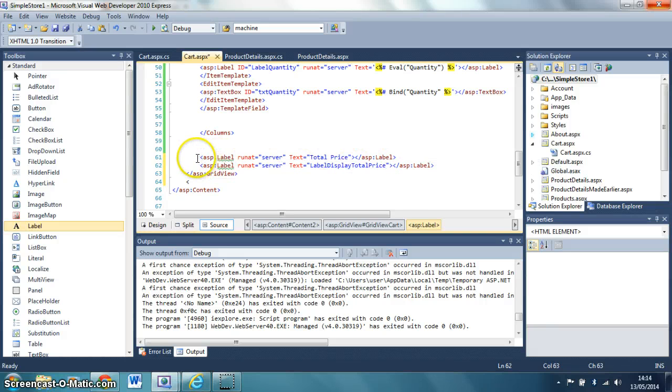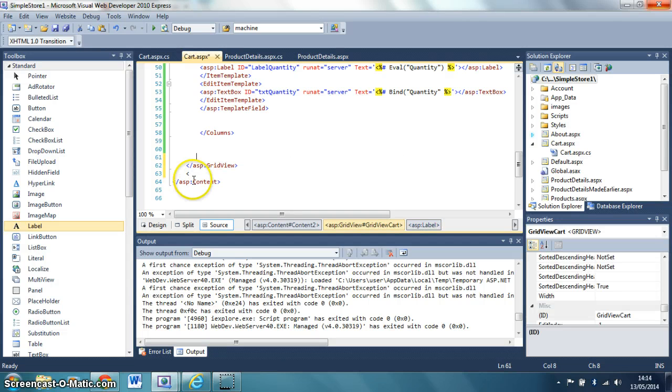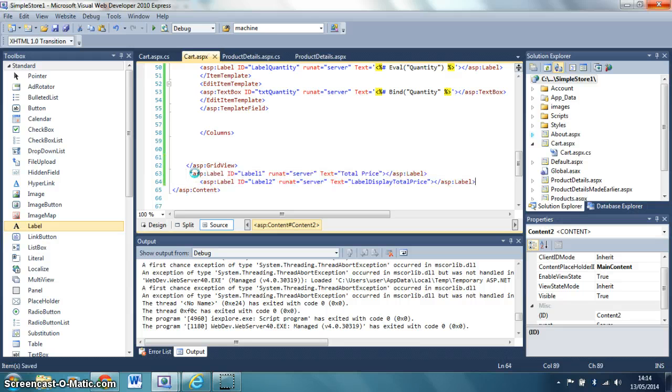Oh, these were meant to be outside the grid view. They will not display inside, outside the grid view and in the content. Sorry, and I've done this wrong. So I'll call this label total price. And the ID of this one is label display total price. So that text is going to say